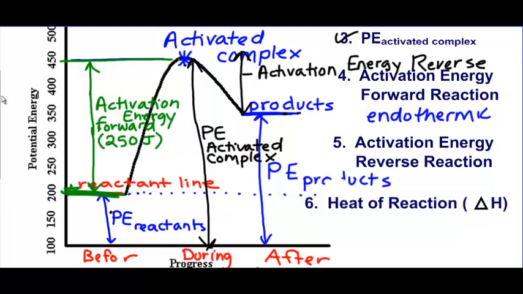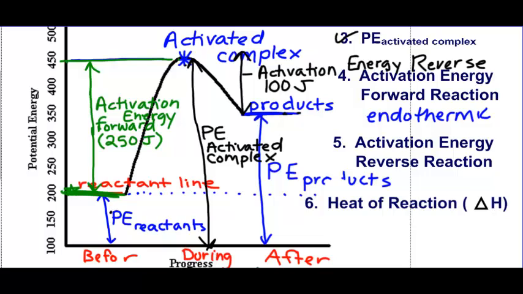Okay? So we're starting at 350 and ending at 450. That means we have to put 100 joules in this example of energy in. Okay, so sorry about that. That is your activation energy of the reverse reaction. Notice it's smaller. And then finally, what we have to record here, and then we'll be done with this video